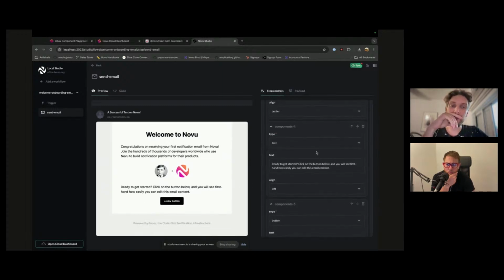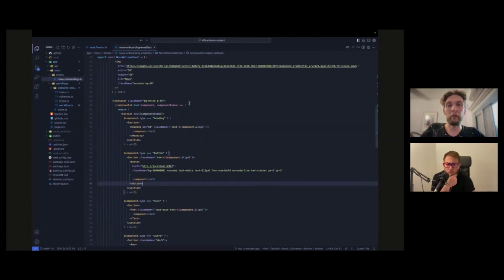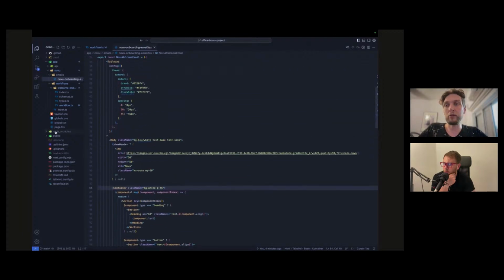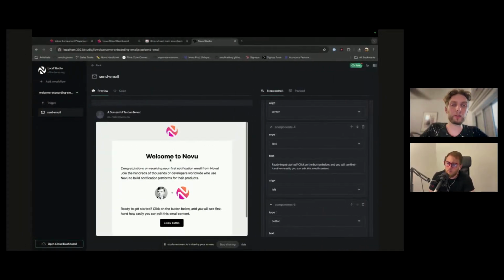So behind the scenes, what happens is this is the representation of the email itself, but the creation of the actual components and the definition of all the possibilities of what I can modify inside of the button is abstracted away in this render email function. And you can really do whatever you want to do, right? There is no specific dictation. The only thing we require is returning HTML back. We have customers who are using MJML, React Email. If you're coming from the Vue ecosystem, there is Vue Email. So anything that can render HTML behind the scenes, we can accept as part of this particular email